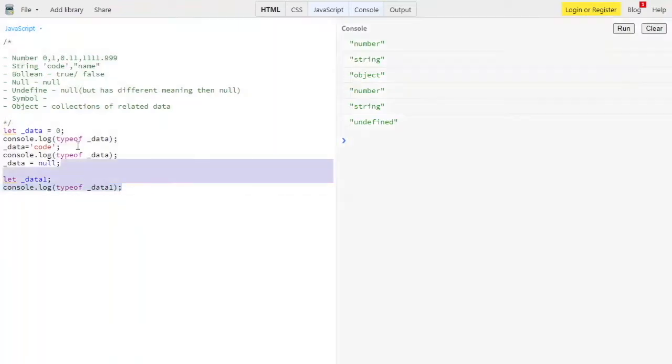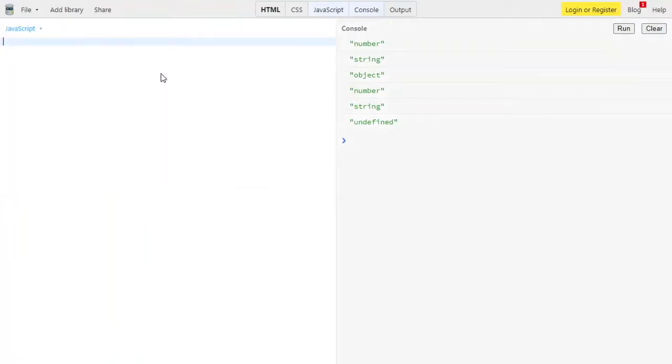Then, moving forward, we have arithmetic operations. Arithmetic operations are nothing but the operations which you perform with very basic tasks. For example, we have addition, subtraction, multiply, divide, and remainder over here.